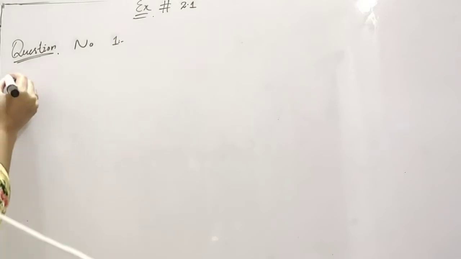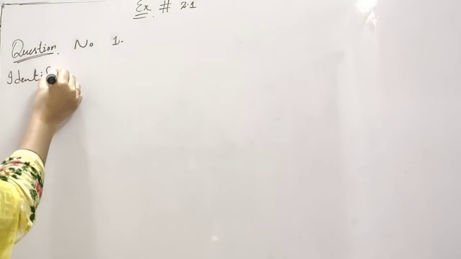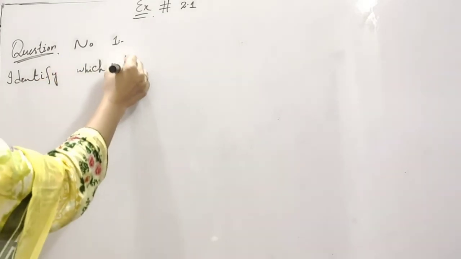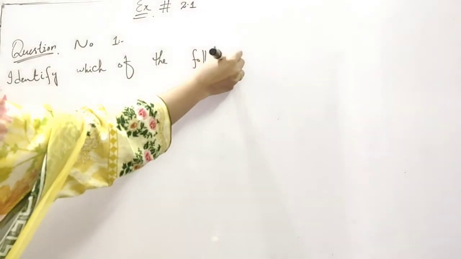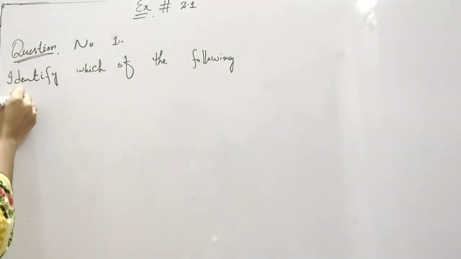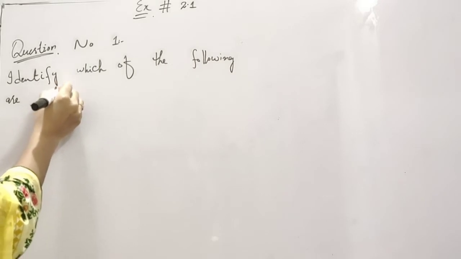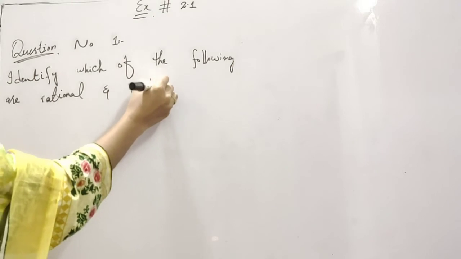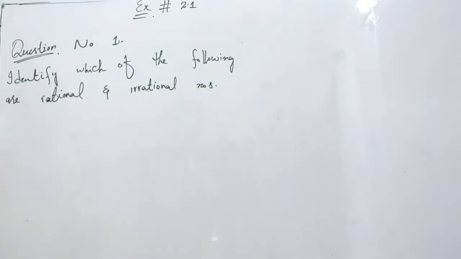And question number 1 is: identify which of the following are rational and irrational numbers. So the first part is